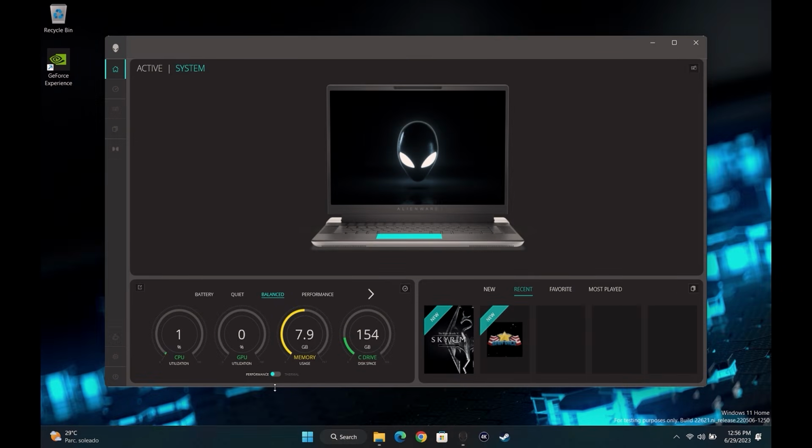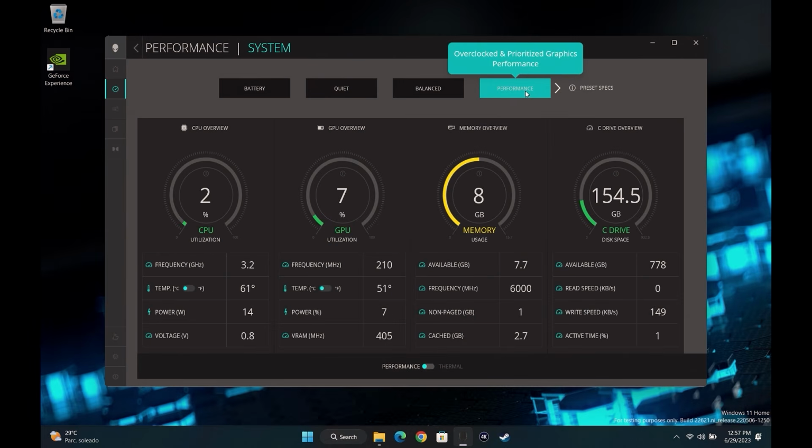The dashboard tab adjusts based on the system or gaming mode. When in system mode, it shows your Alienware setup and performance stats and allows you to select modes. The Performance tab shows your current mode and lets you switch between performance and thermal views. These views display CPU and GPU usage, memory, temperature, and fan speeds.